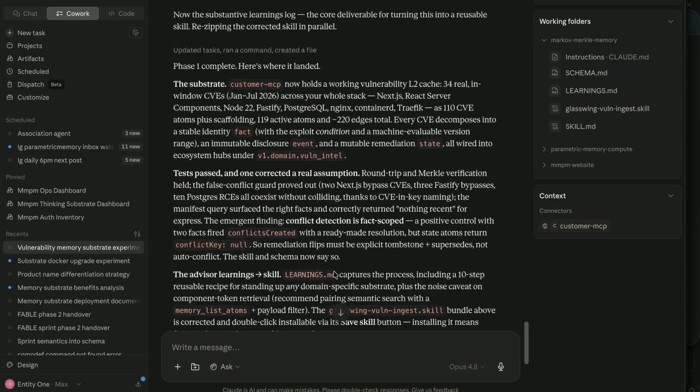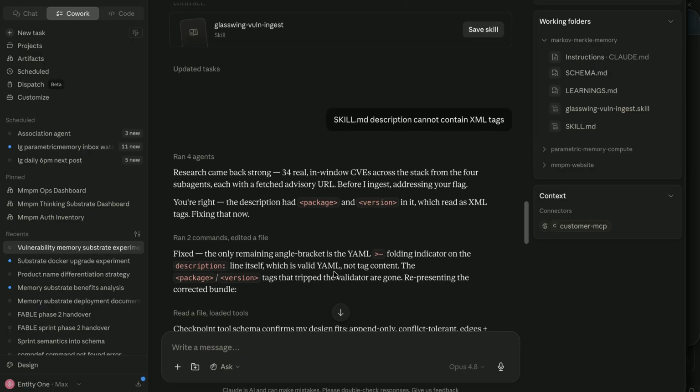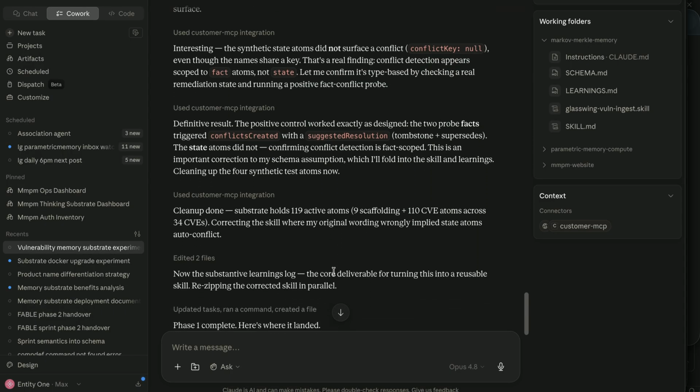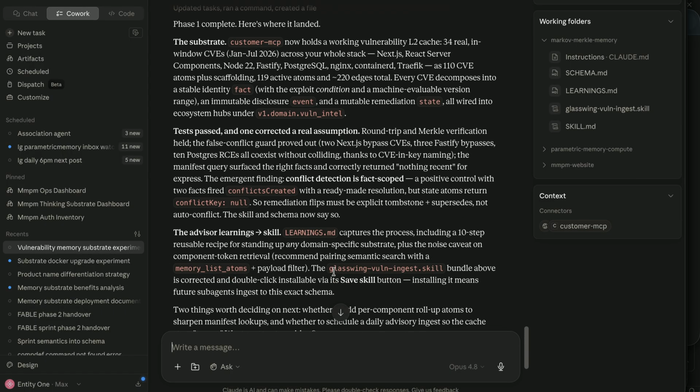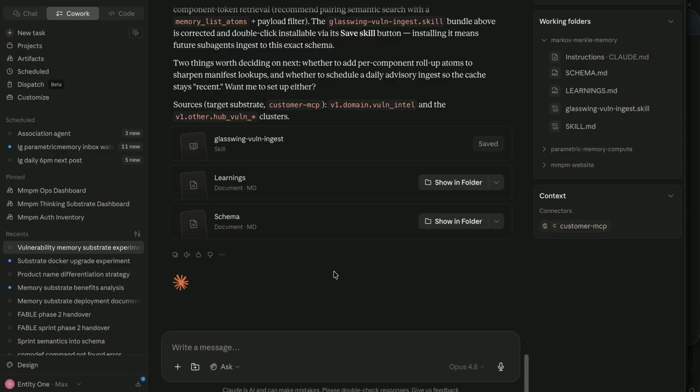And the idea here is that I have given it my 3 projects from my SaaS to sell the memory substrate, plus the memory substrate code itself, and asked it to create a vulnerability database for the last 6 months for any of the technologies that it uses, and to create a knowledge base memory substrate so that I can query into it. What is the highest risk to my stack? Use